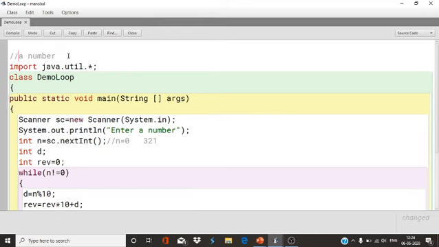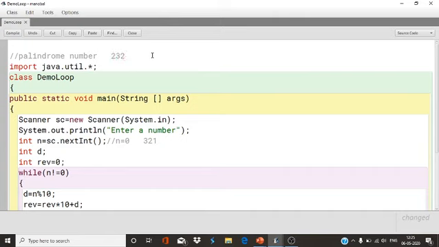So what is a palindrome number? 1 2 1. Now reverse this number. What will you get? 1 2 1. So both the numbers are the same. Any number you can take, like 1 1 1. Now reverse this, again you will get 1 1 1. So 1 1 1 is a palindrome number.